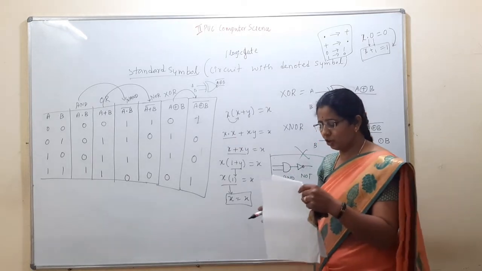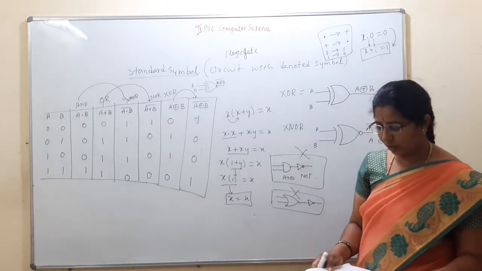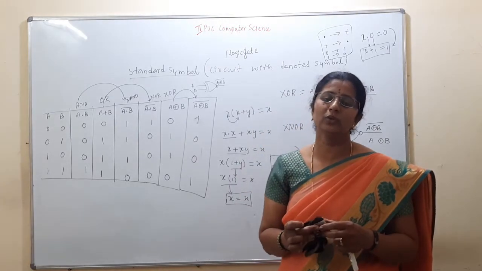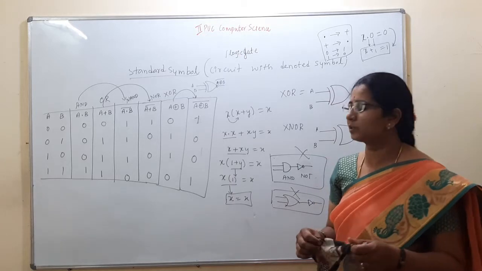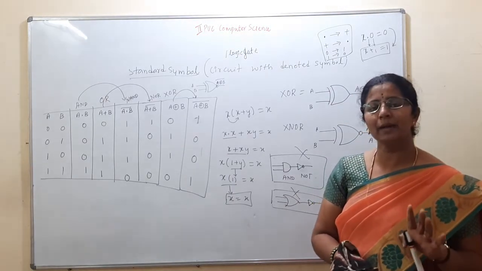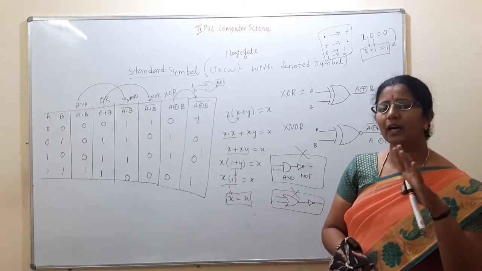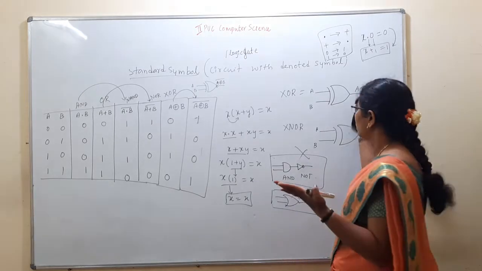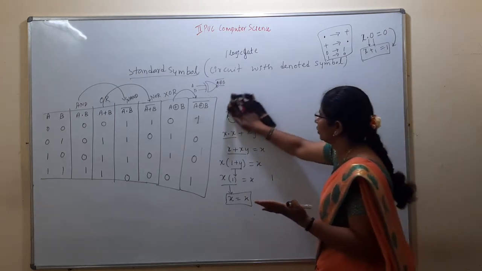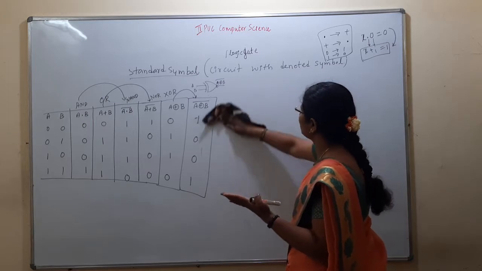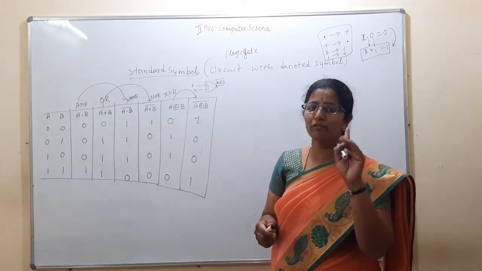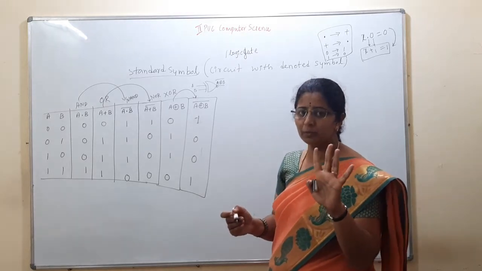Then NAND gate, NOR gate. So many students got confusion. Realize the basic gates using NAND and NOR. I told you when I was explaining. So this is important. You will get it in the final exam. So any one format according to your previous syllabus, not now. If the syllabus gets changed, then the weightage of each chapter is going to change. At that time it may change the format. Please remember, this is possible for 5 marks.